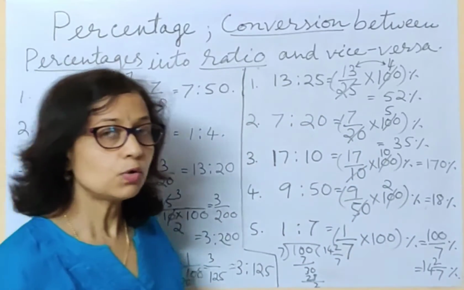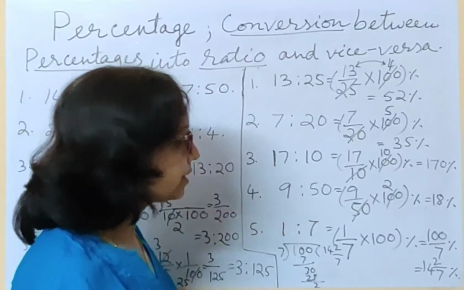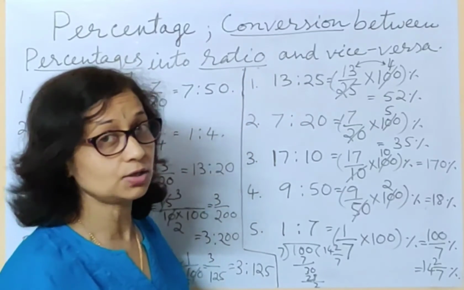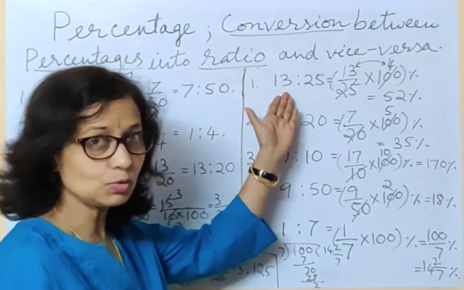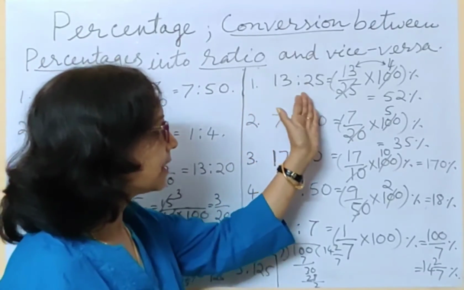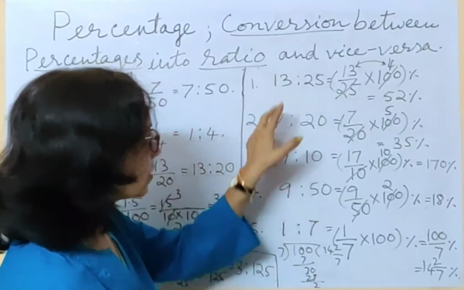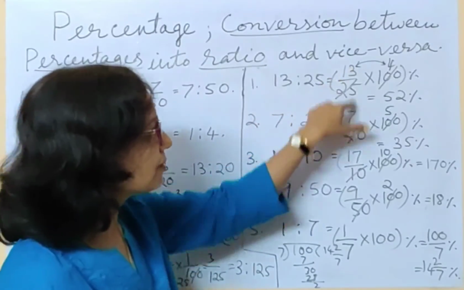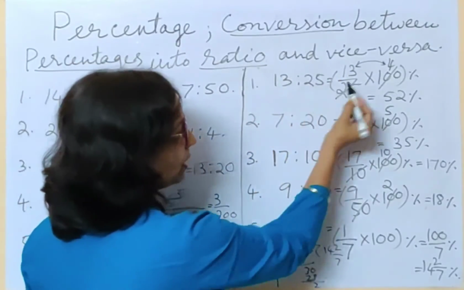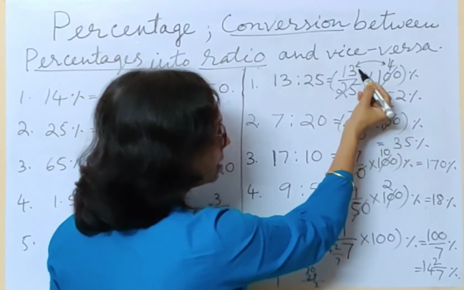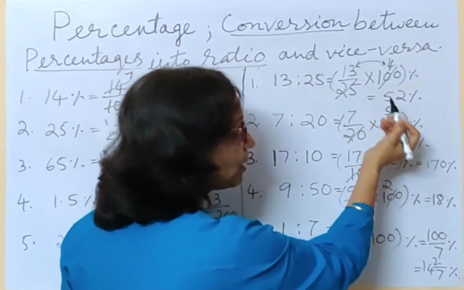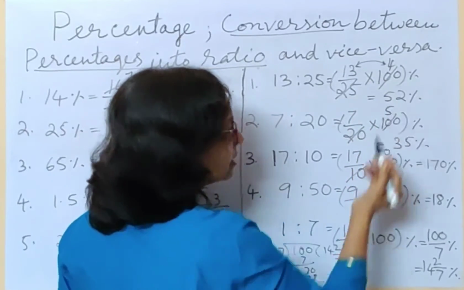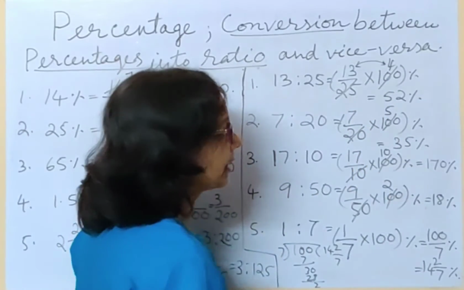Children, I hope you have understood everything step by step and it is very clear to you. So let me recap once again because it's a little new to you. This ratio into percentage. So ratio, we first write it as a fraction. 13 is to 25, I wrote it as a fraction, that is 13 by 25. How to convert into percentage? Multiply by 100 and place the percent symbol after the bracket.